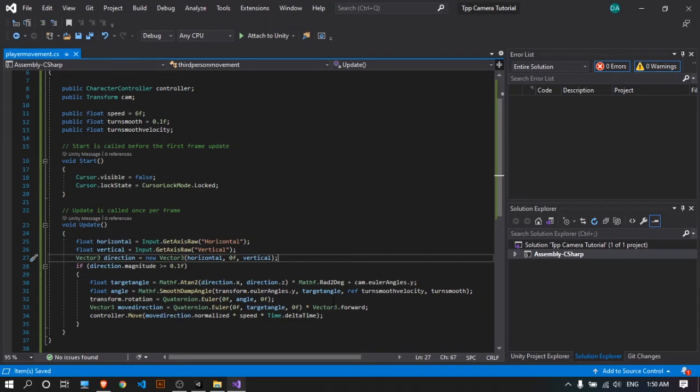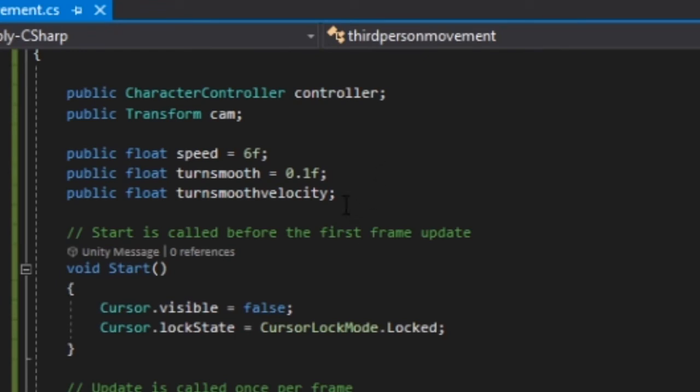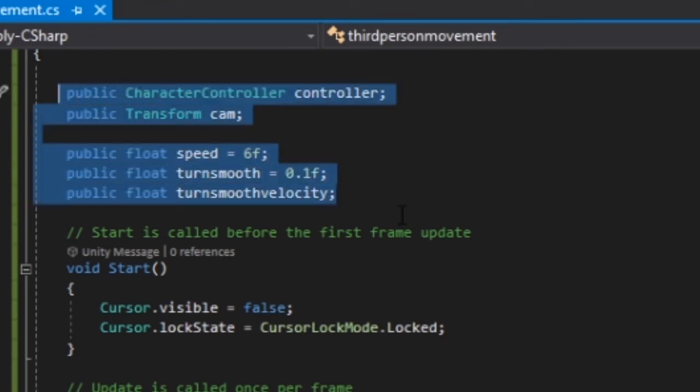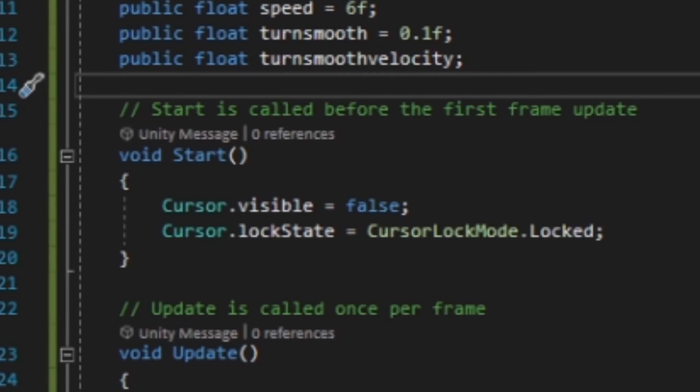What we have done in the first section is we have created all the variables we are going to need. And in this void Start function, I have made our cursor invisible during the game, so that when we rotate around in the viewport, we cannot see the cursor. And while in the game, if your cursor is disabled and you want to view it, you can simply press Escape, which is going to enable your cursor, and pressing it again will disable it. That works only if you have this code written.